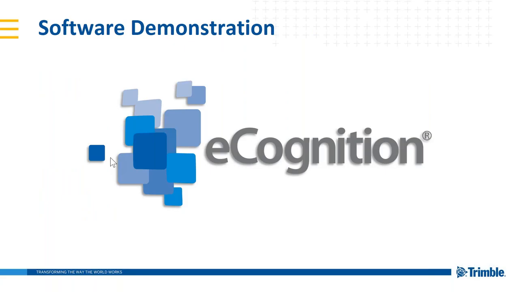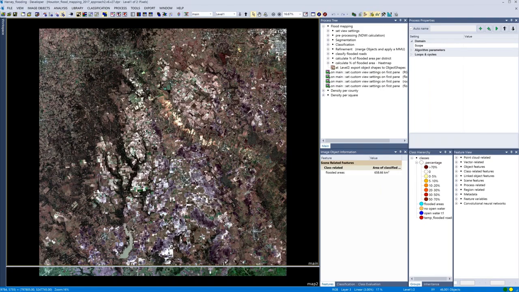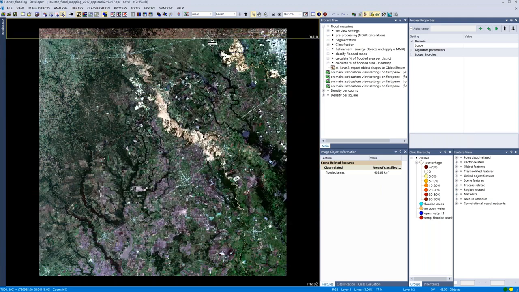All right, and now I'm going to show you in eCognition Developer how we derive the flooding products. This is how eCognition Developer looks, and I loaded all the data into one project. Here you see time step 1, so the acquisition before the floodings, and if I swipe here, you see it during the floodings.